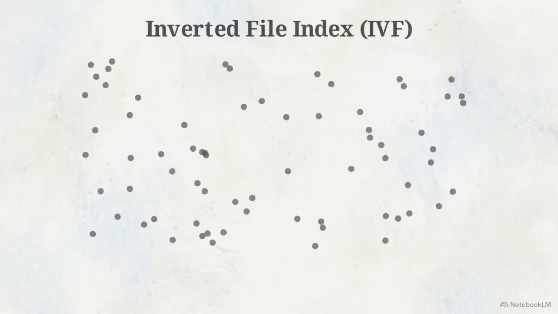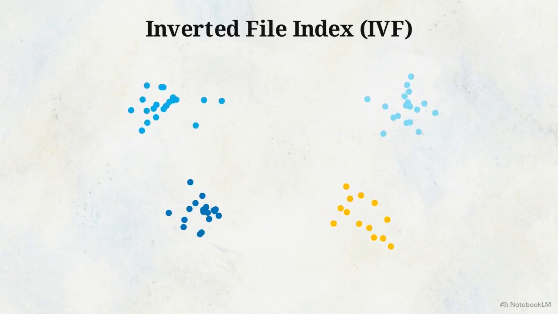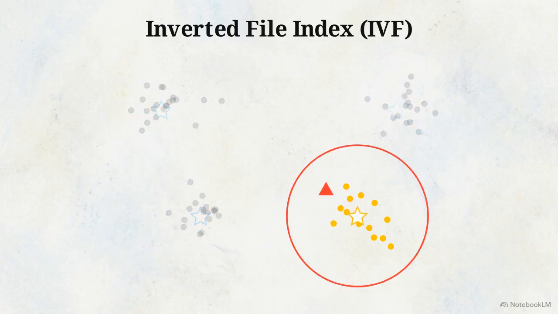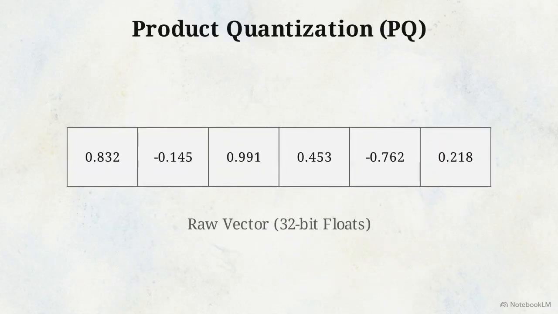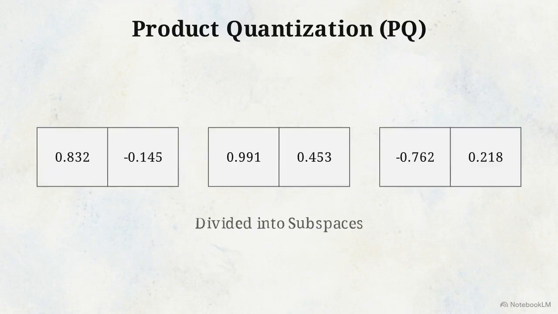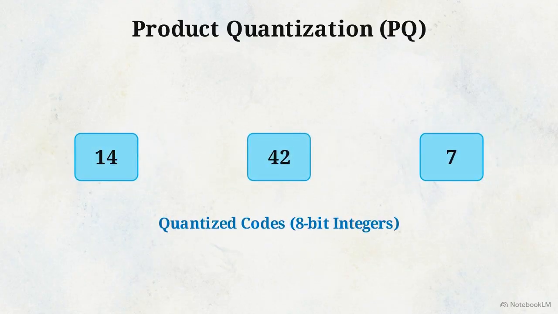This scatterplot demonstrates the inverted file index, or IVF. It groups the vector space into isolated neighborhoods, instantly narrowing the search area down to the closest cluster. Then there is product quantization. This acts as a compression trick, chopping high-dimensional vectors into smaller subspaces to drastically reduce memory usage and speed up